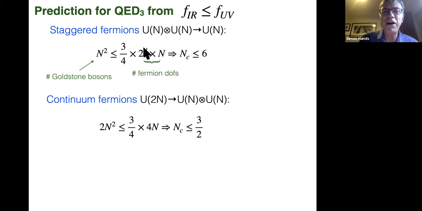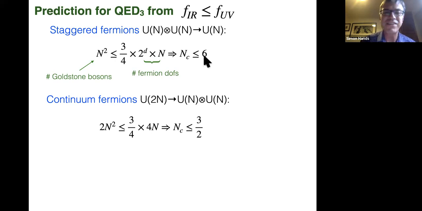It's the number of poles of the fermion propagator times the number of flavors times a magic factor of 3/4, which accounts for the Fermi-Dirac statistics in 3 space-time dimensions. That gives you this inequality. In order for this inequality to be satisfied, that tells you that the critical number of flavors can be no bigger than 6. And that's fine because we found a critical number of flavors of 3 in our simulation, so